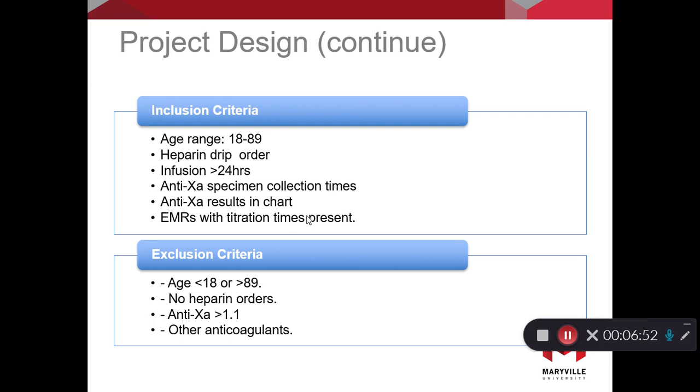For inclusion, patients had an age range of 18 to 89 years. They had a heparin drip order. The heparin must have been infused over 24 hours. There had to be documentation of specimen collection times, results in the chart, and titration times in the chart. Exclusion: patients less than 18 or older than 89, with no heparin orders, or heparin orders with anti-XA greater than 1.1, or those with other coagulation